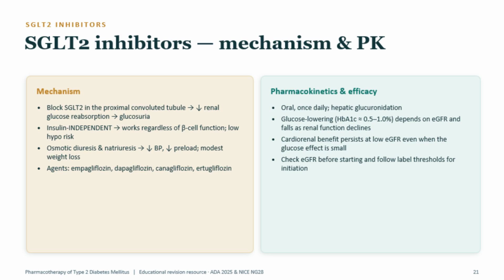SGLT2 sits in the proximal tubule of the kidney and reabsorbs glucose. Block it and you pee the sugar out. Glucosuria on purpose. Because it's insulin independent, it works no matter what the beta cell is doing, and hypo risk is low. Bonus effects: you lose a bit of salt and water, so blood pressure and preload drop, and you